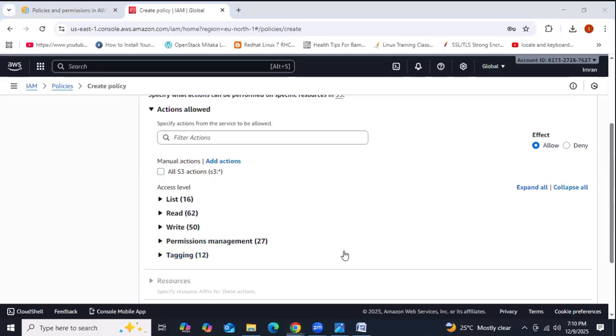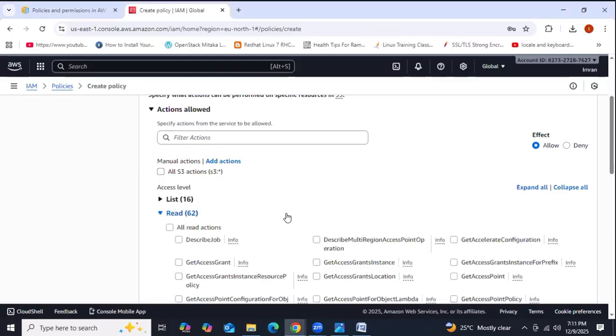Now, what kind of action does he need to do with the help of this policy? My intention is that he needs to create the bucket, but he should not delete the bucket. He needs to upload the objects, but he should not delete the object. He needs to download the object, but he should not delete the objects. Permissions like this I need to provide. But coming to default permissions, we have read or full. We don't have custom permissions like this, right? We need to create those custom permissions according to our requirement. How to create them, now we are going to discuss.